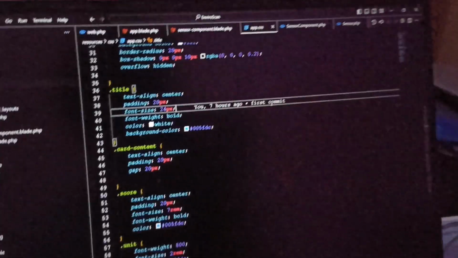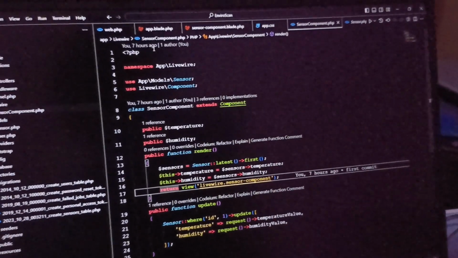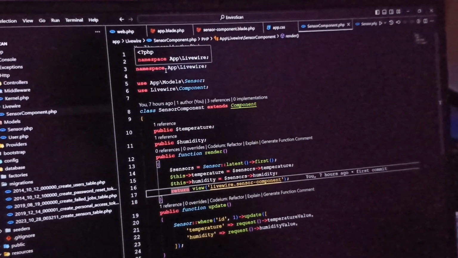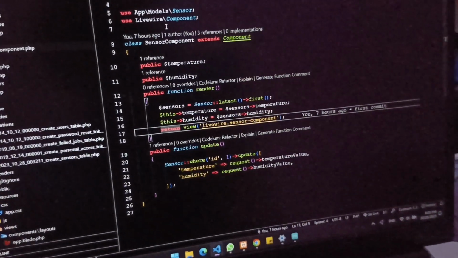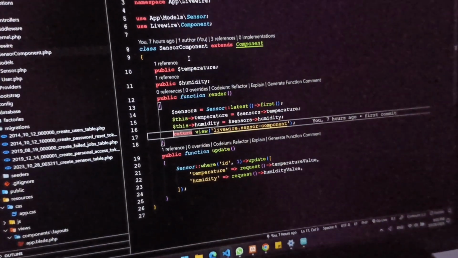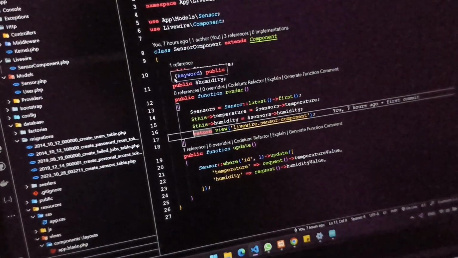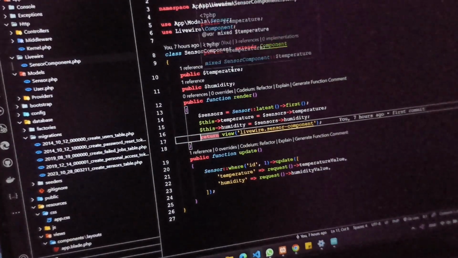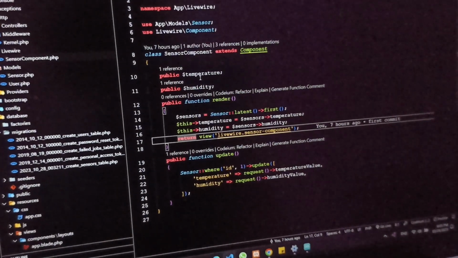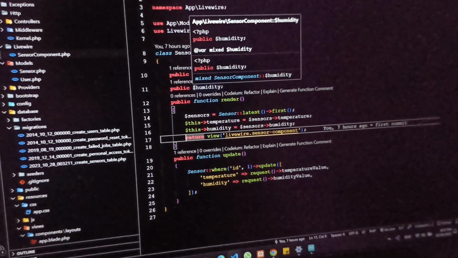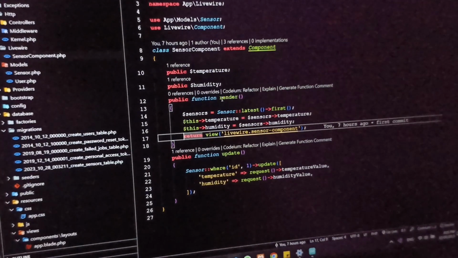Okay, and now we can go to SensorComponent.php. This a namespace, this made with Livewire. Okay, and this class for sensor component extends component. This public variable for temperature, and this public variable for humidity, and this public function to render this sensor.